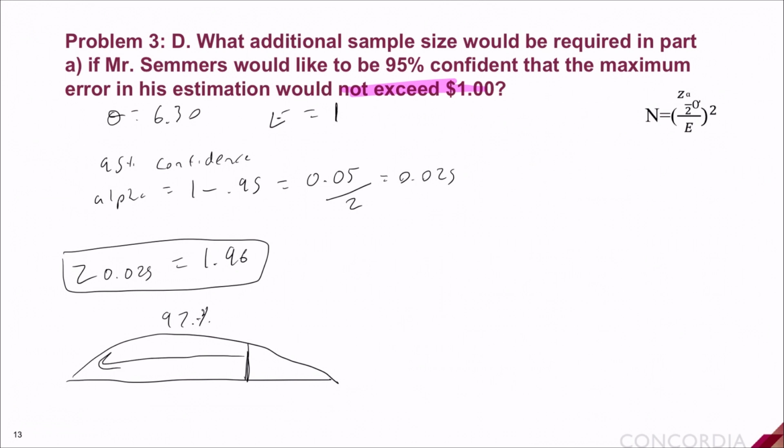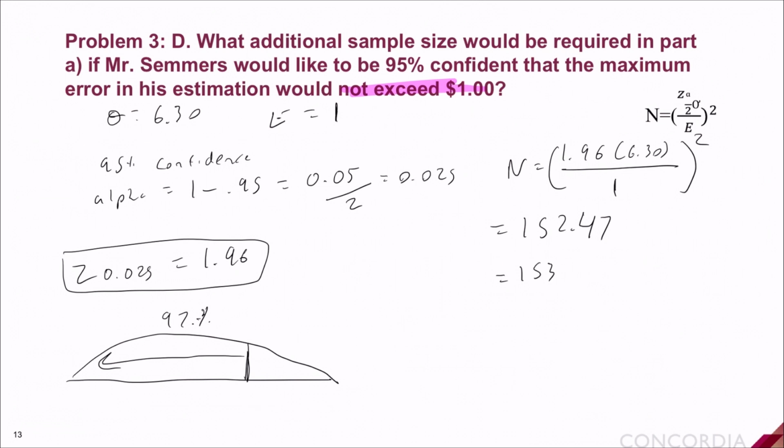And now once we have all our values, we can simply plug it into the equation. So n equals 1.96 times the standard deviation of 6.30 over our error margin of 1, and then square the entire problem, and that gives us an estimate of 152.47 customers. And since you cannot have a fraction of a customer, you can round it up to 153,